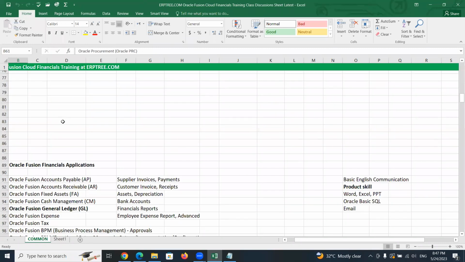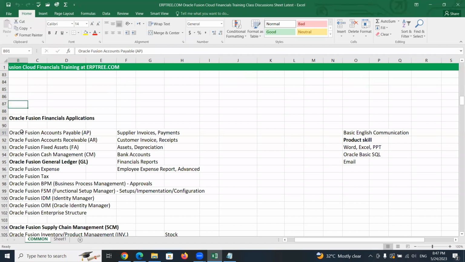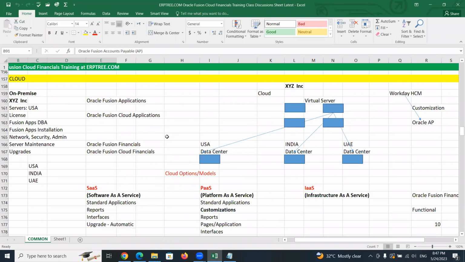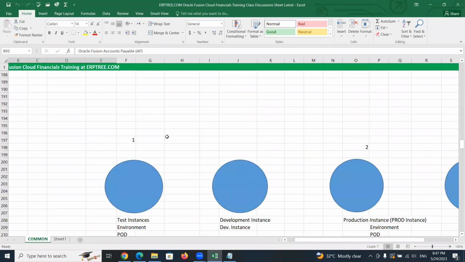Within financials, these are the different applications. For the product families and these applications, as per FSM, we have a different naming convention. What is that name?